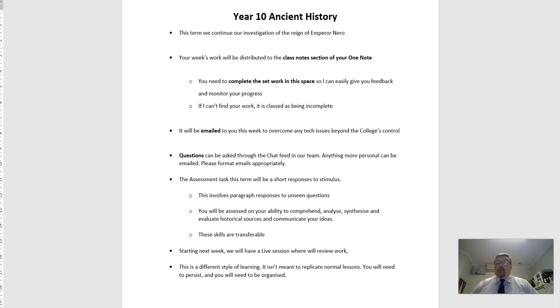This is a different style of learning. Okay, I've been teaching for 25 years or so, and I've never done anything like this before. I've spent a lot of time in the last month or so looking into it, looking at the background to it, how to do it, what works, or what's more effective. So it's a first time experience for you doing this. It's a first time experience for your teachers as well. We will get there with it.